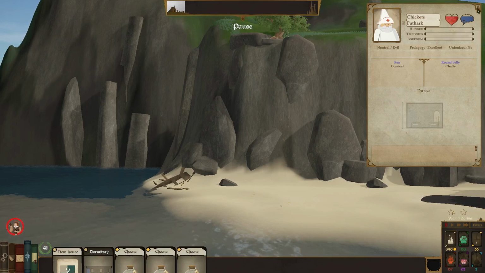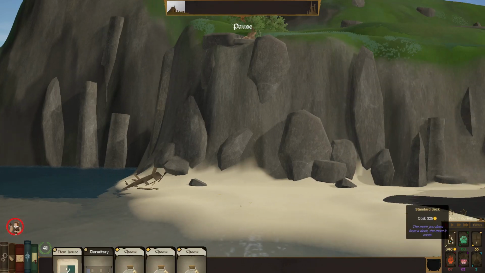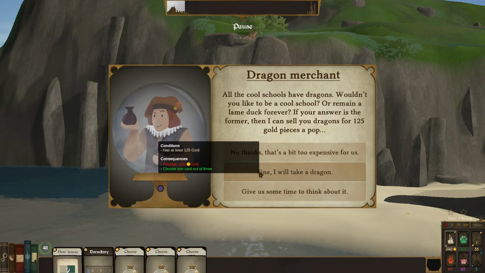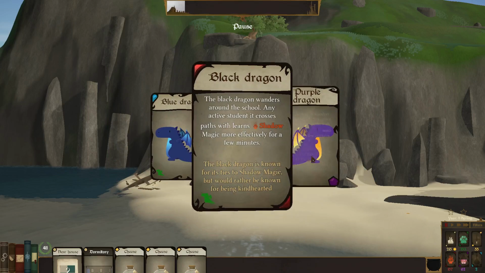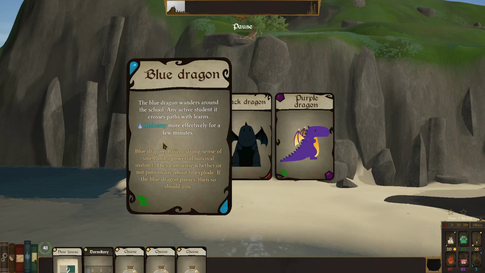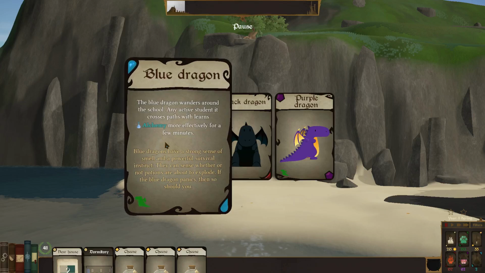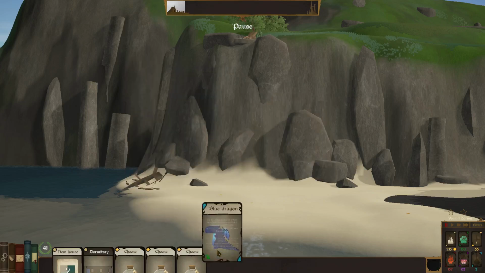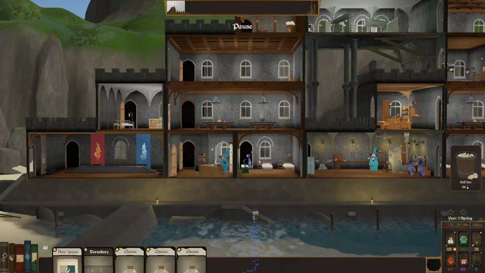Chickets. Nurse Chickets. What do you want? Yeah, I'll take a dragon. Let's see. Yeah, we want the blue dragon. I mean, this doesn't help us directly with making alchemy mana, but it definitely will help our